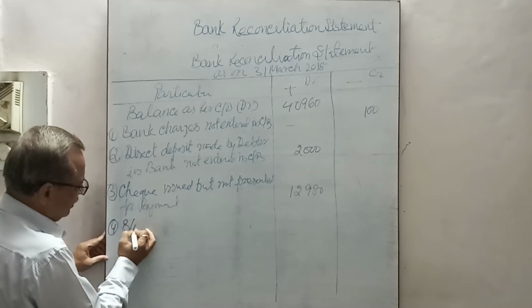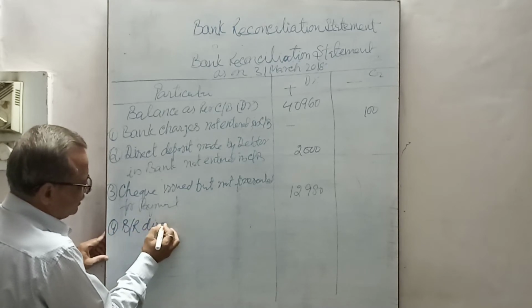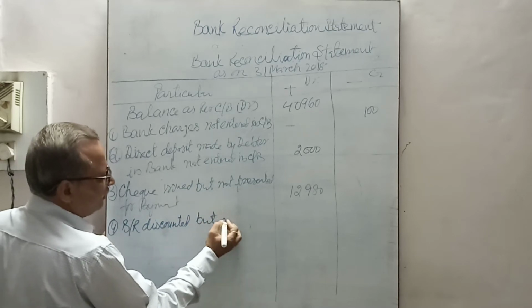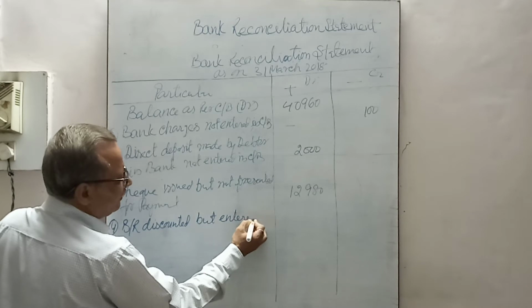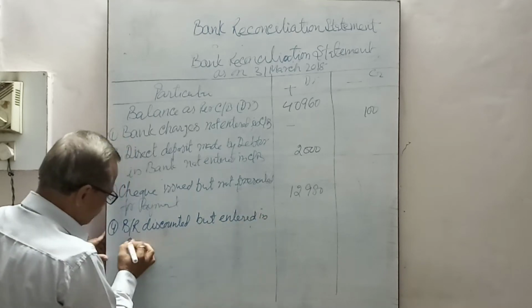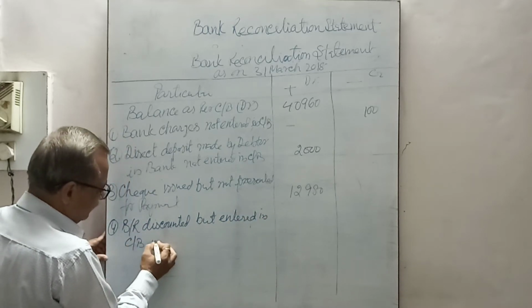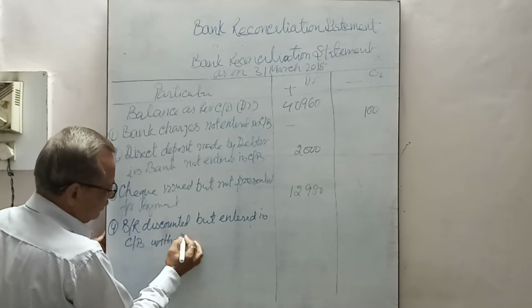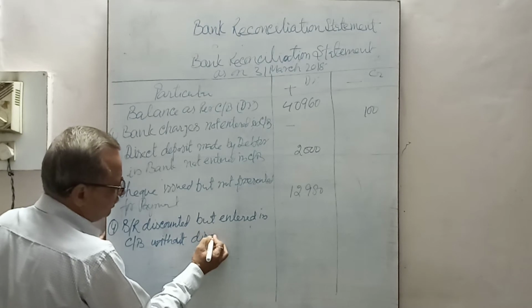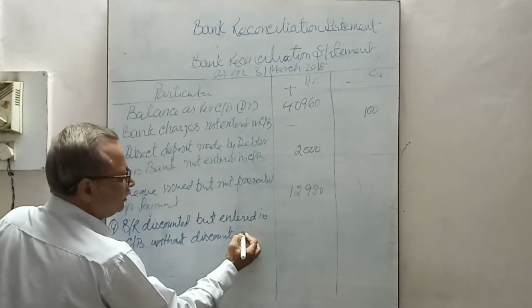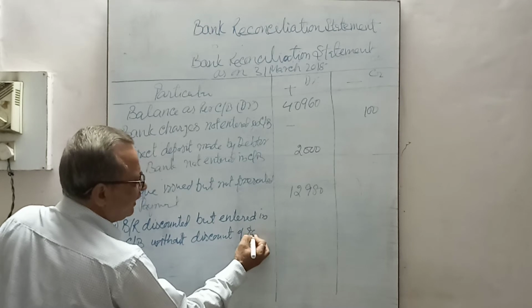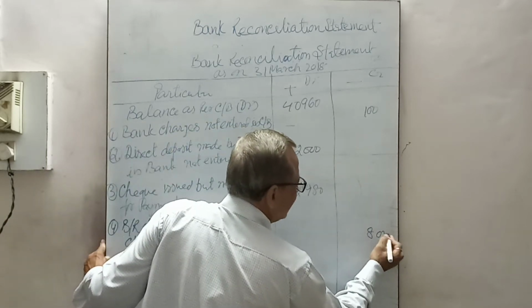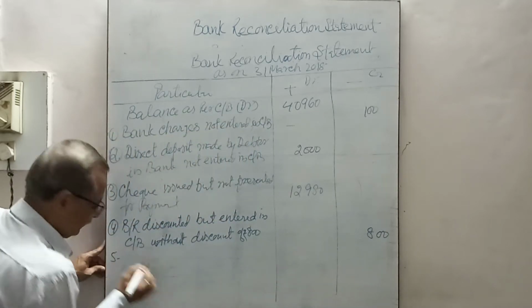Bill receivable discounted but entered in cash book without discount of rupees 800. 800 is the minus item. Now the fifth item is